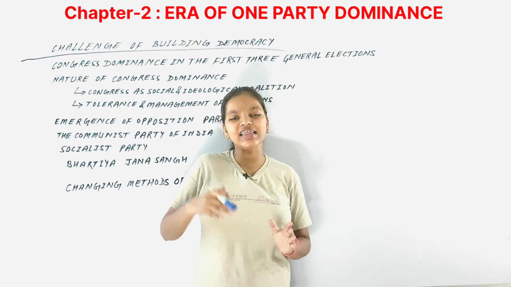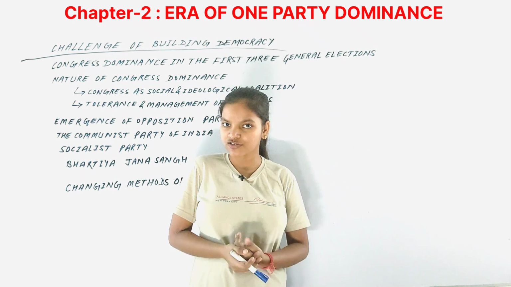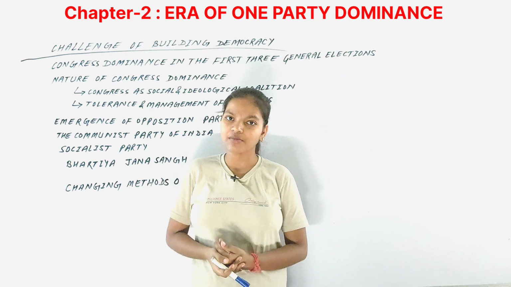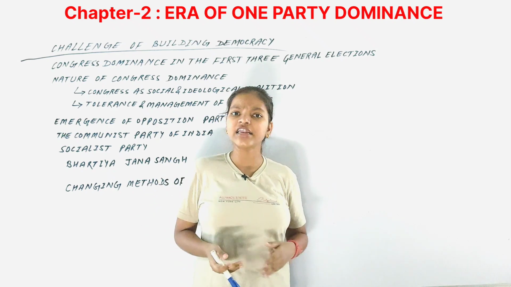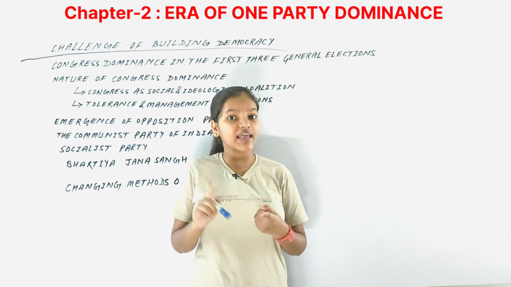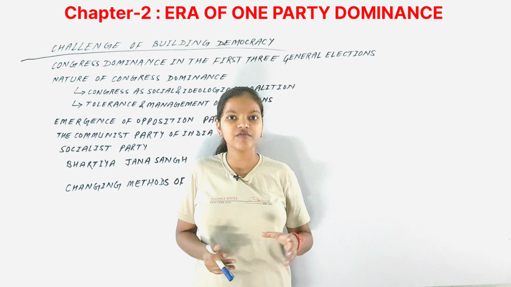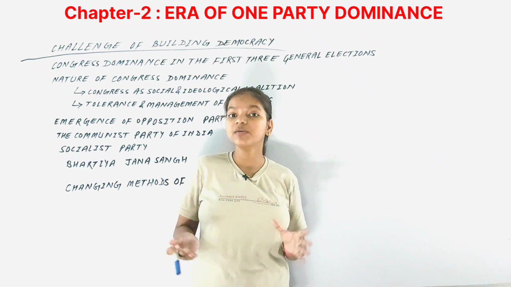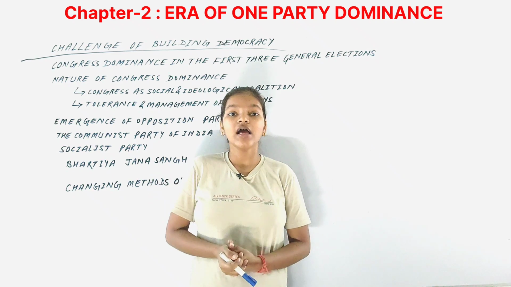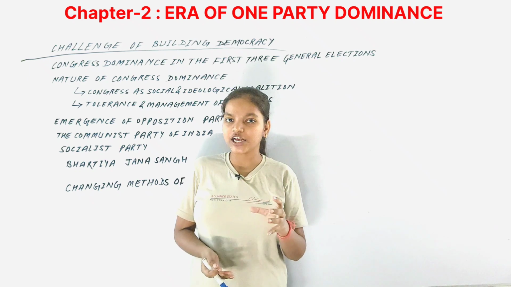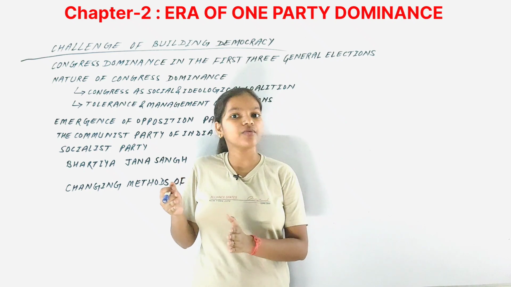Now at that time many critiques came up which considered it a farce, the biggest gamble in history, or a mistake of our first Prime Minister Jawaharlal Nehru, because to establish democracy in a newly independent nation which was facing financial problems, which did not have social connections, and even inside the country there were many factions, of course there would be many problems with democracy, and that is why many critiques came up. But the first ever general elections of the country were held between October 1951 and February 1952.